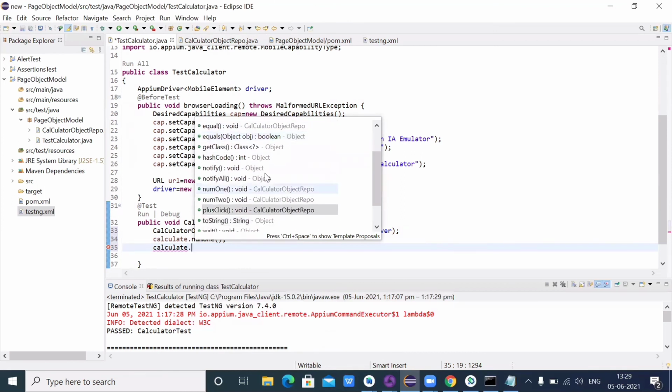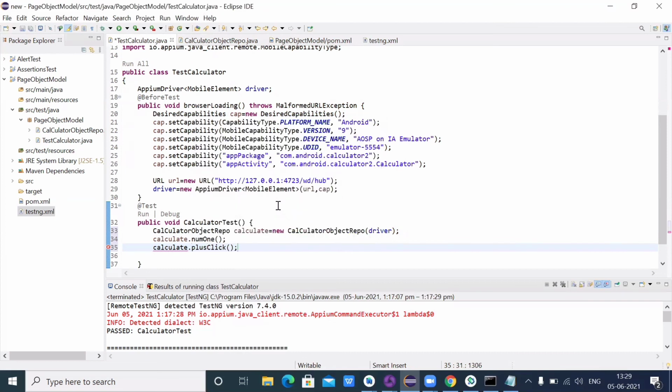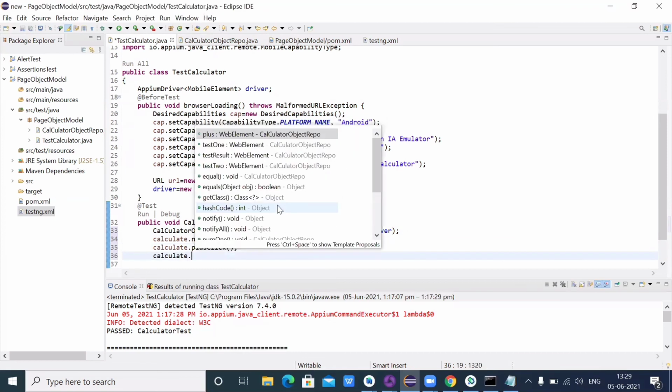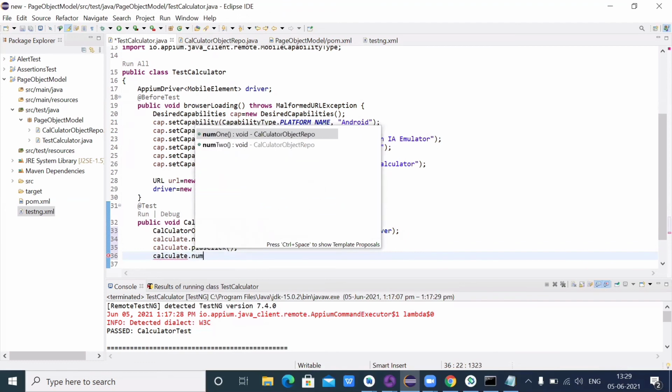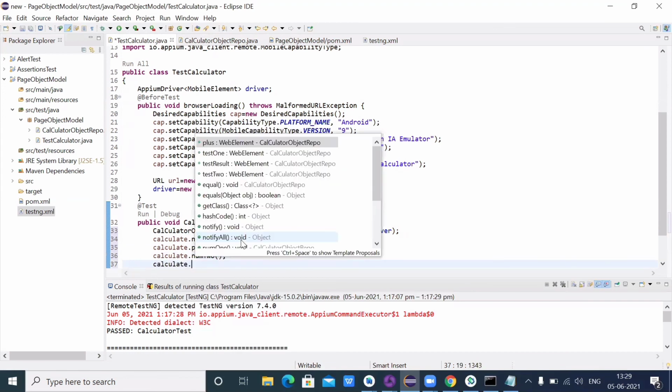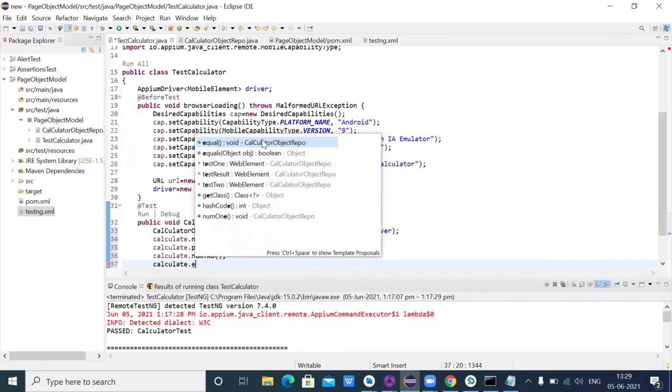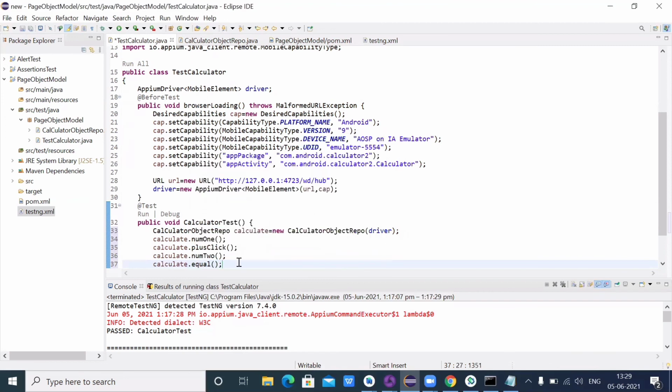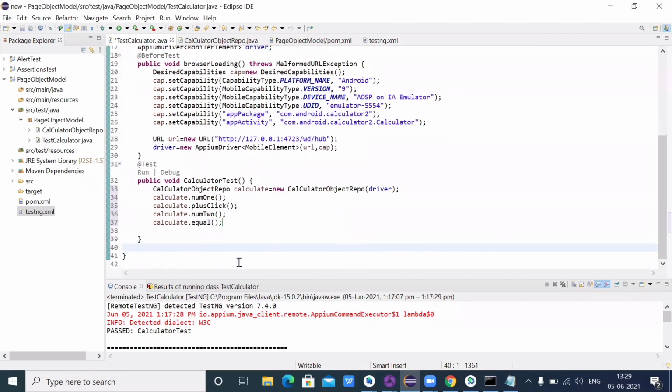Then calculate dot number 2. And at last calculate dot equal, which I already created in that class.